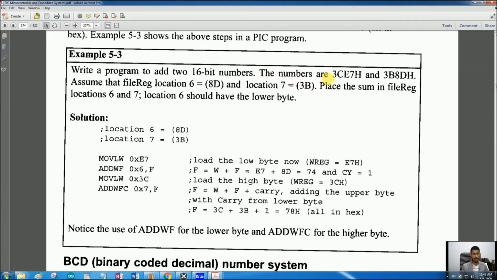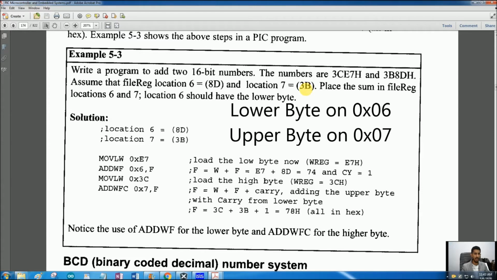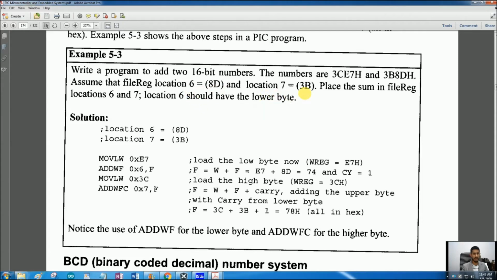These numbers are 3CE7 hexadecimal and 3B8D hexadecimal. The author states that we can assume that file register locations 6 and 7 contain one number, that is 8D and 3B. So the lower byte of one number, that is 8D, is stored at location number 6, and the upper byte is stored in location number 7, that is 3B.